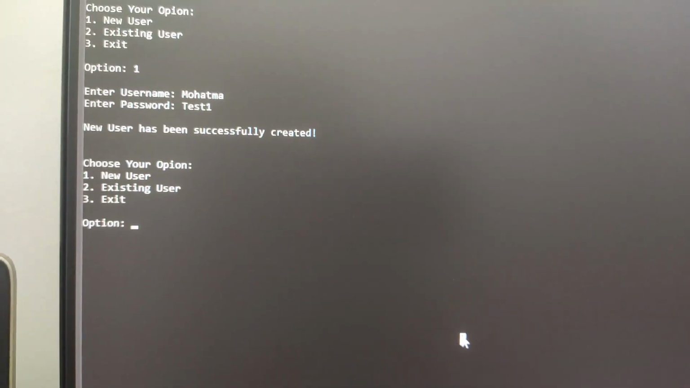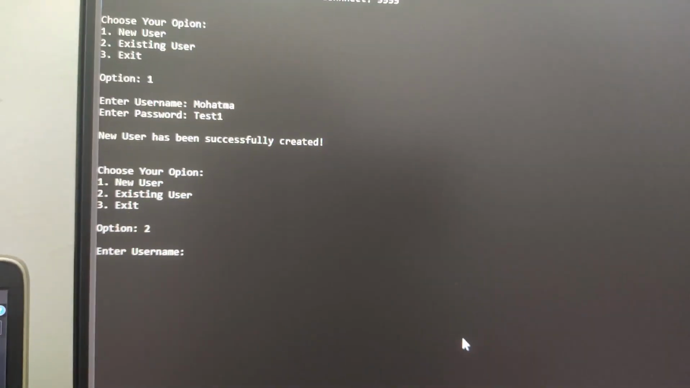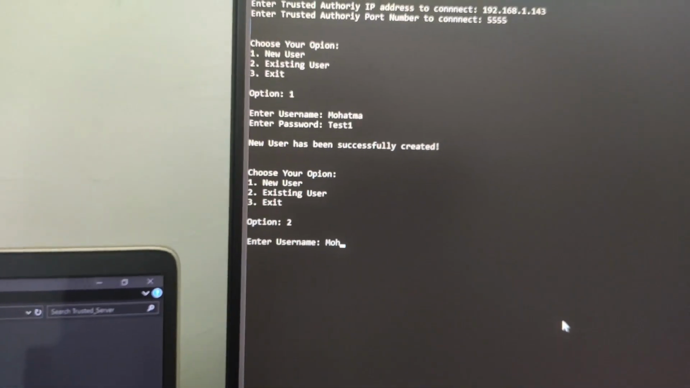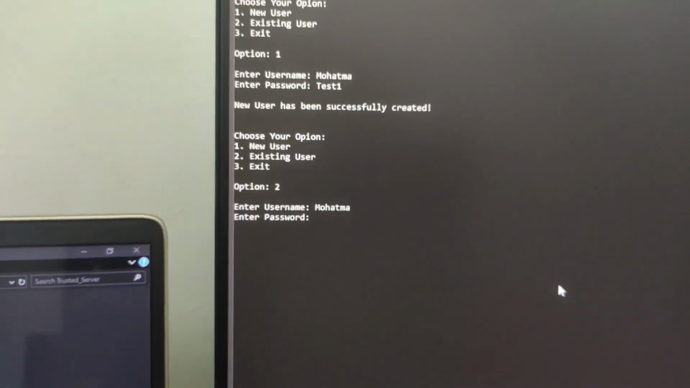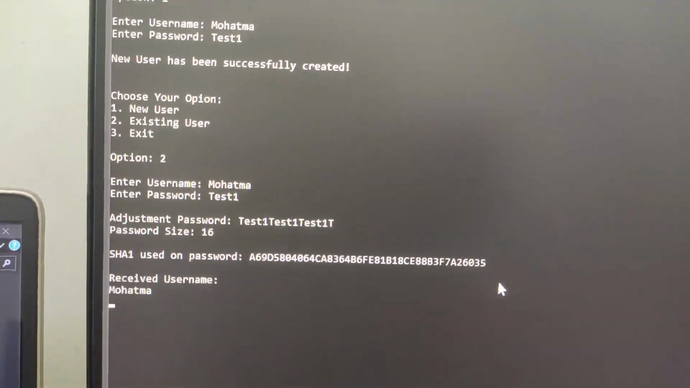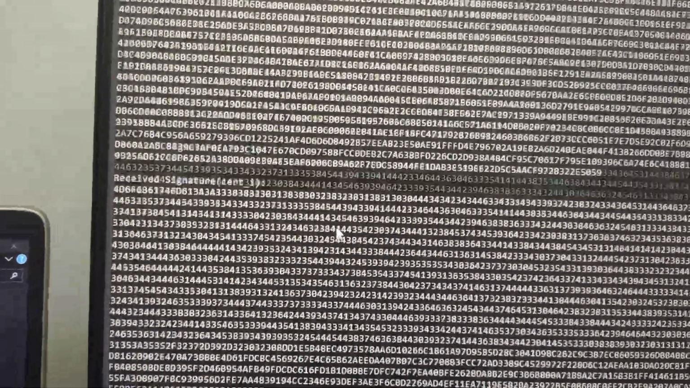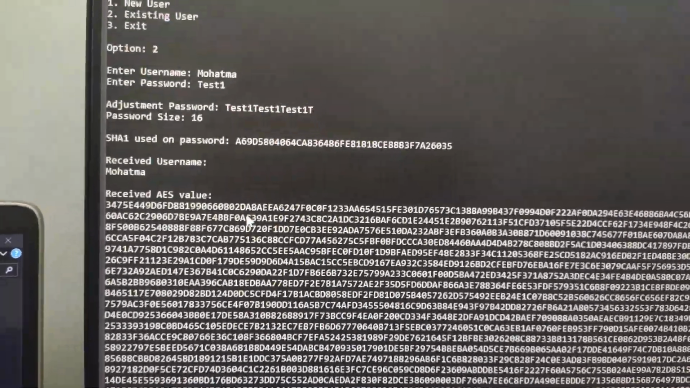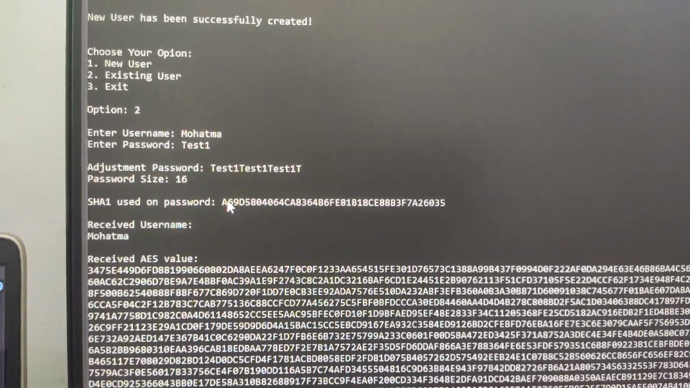If an existing user wants to log into the system, they need to press option 2, then put the username as Mohatma and the password, that's test1. When they press enter, it's going to log into the system. Over here we can see that SHA-1 has been used on the password. So this SHA-1 will be passed